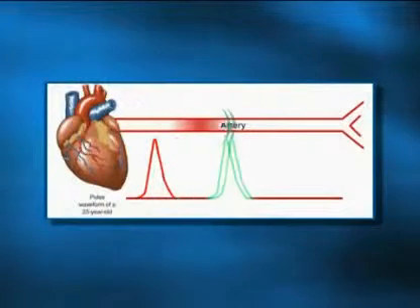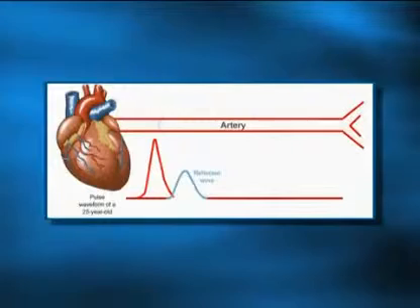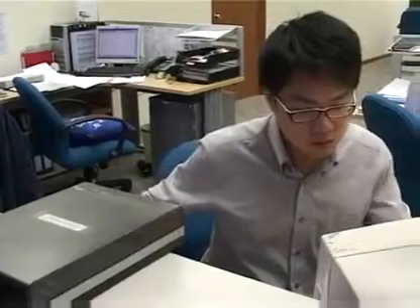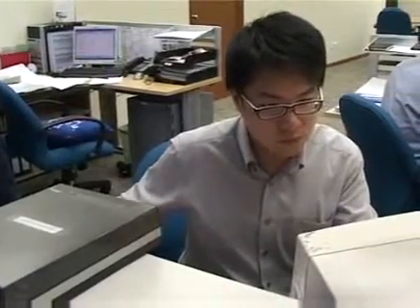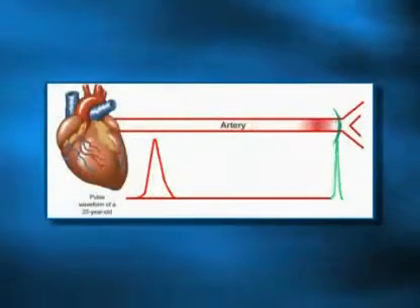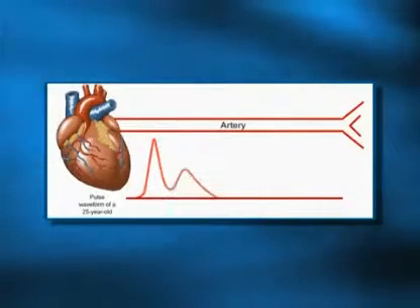The waveform is actually generated here, and it goes right down to the big aorta, and it's reflected back when the big aorta bifurcates or divides into two arteries. So the speed at which the reflected wave comes back is in fact very important. If we were to look at a person who is about 25 years old, when he generates a pulse wave from the heart, the wave will travel down, it hits the bifurcation, and it comes back in the diastolic